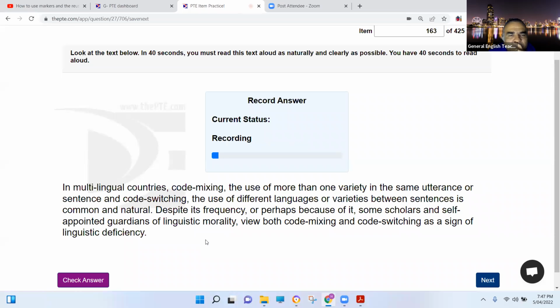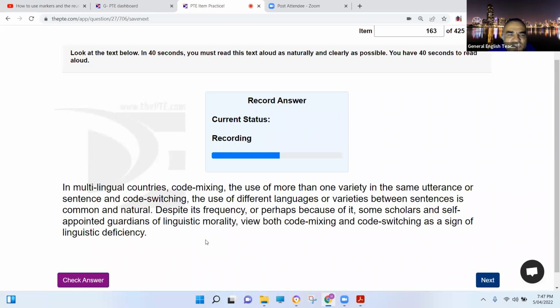In multilingual countries, code mixing, the use of more than one variety in the same utterance or sentence, and code switching, the use of different languages and varieties between sentences, is common and natural. Despite the frequency, or perhaps because of it, some scholars, self-appointed guardians of linguistic morality, view both code mixing and code switching as a sign